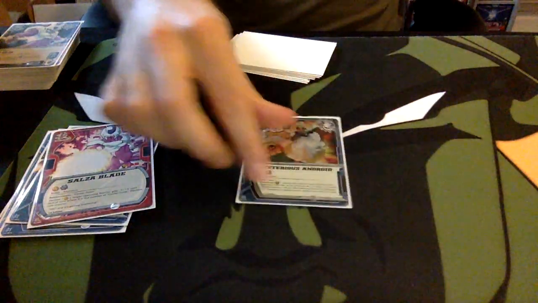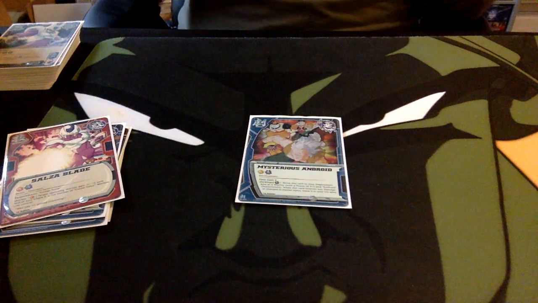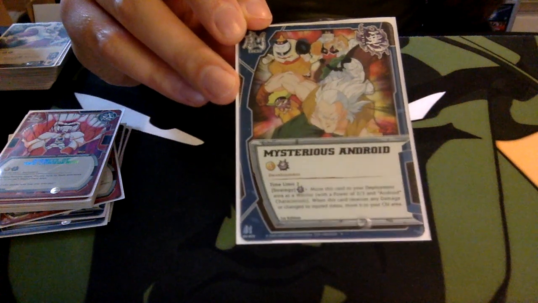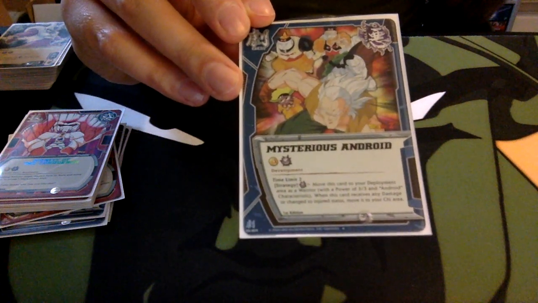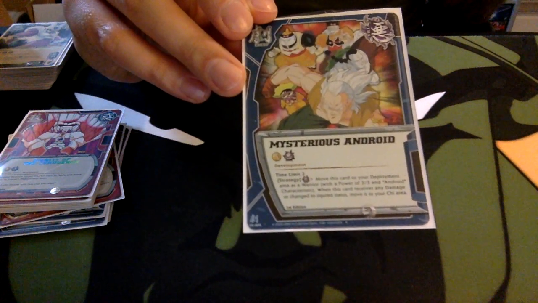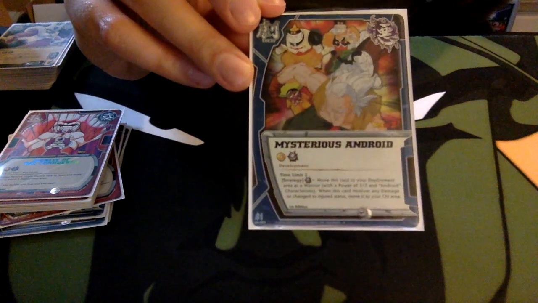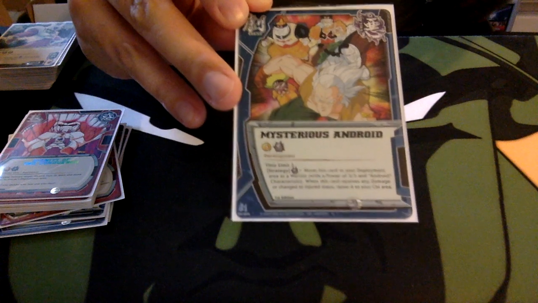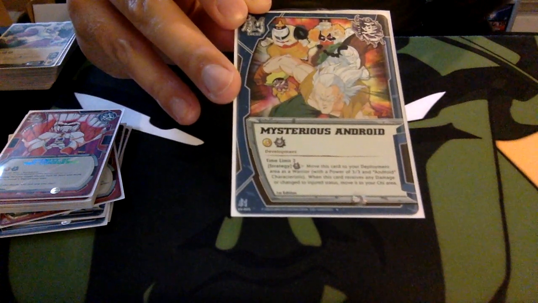And then last but not least, we also have a Mysterious Android. It's a card that I wanted to try out, seeing as we're playing these fringe formats, but I never actually got to play it. But I quite like the idea of turn 5, for 1 chi to play and then another chi to actually activate it. You get basically a second drop. So